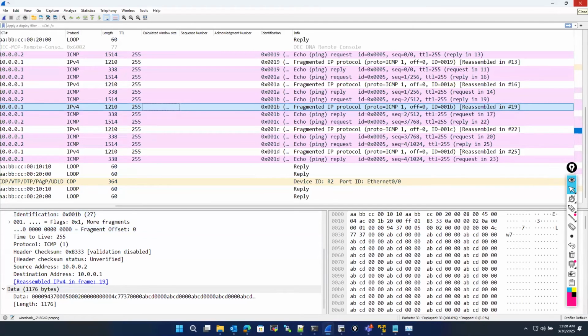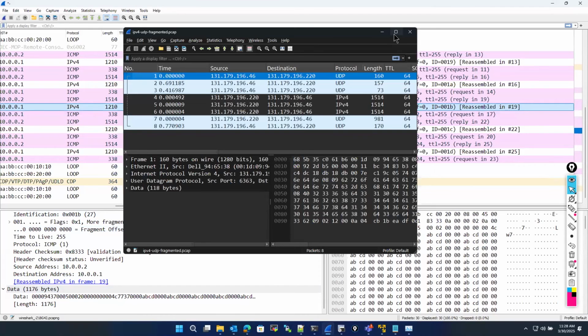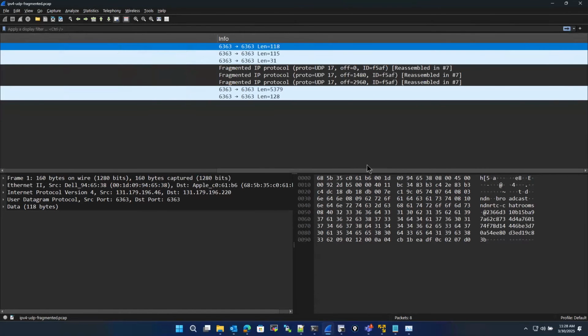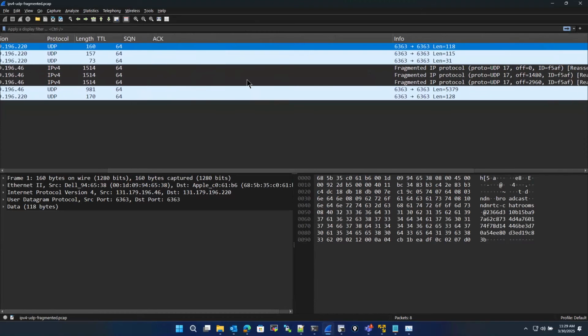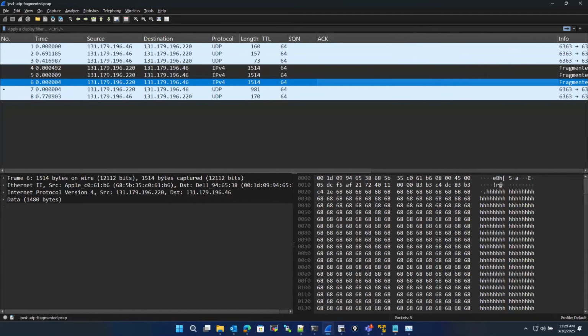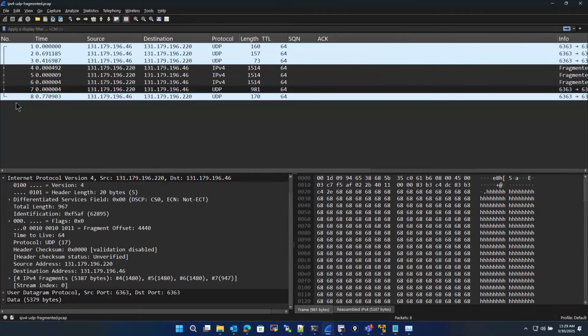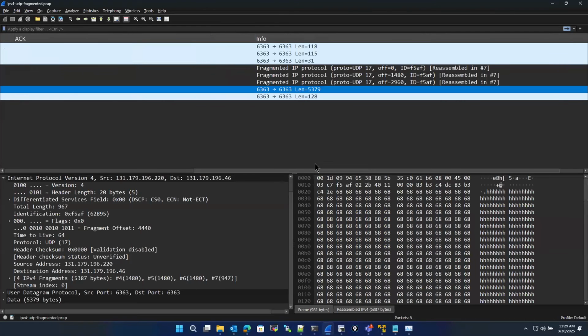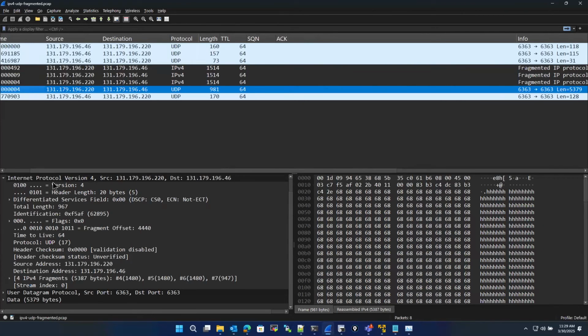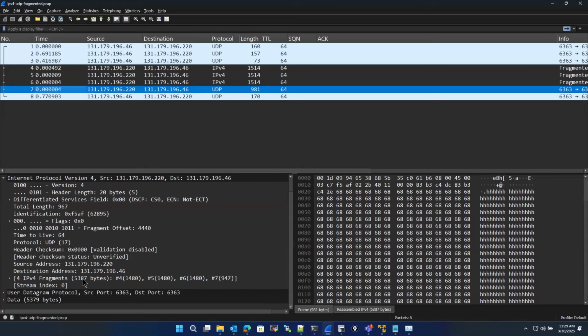And let me show you one more use case. If you look at this, this is some kind of UDP traffic. And if you click on this, you can see a dot right over there. When you follow these dots, 1, 2, 3, 4, this is all fragmented packets. You can find it there. And your payload here, they have sent 5,387 bytes of data, and it's been fragmented into 4 pieces,